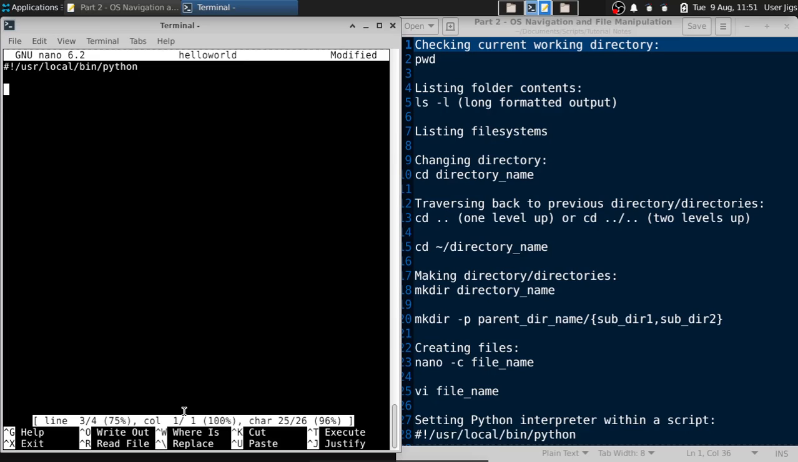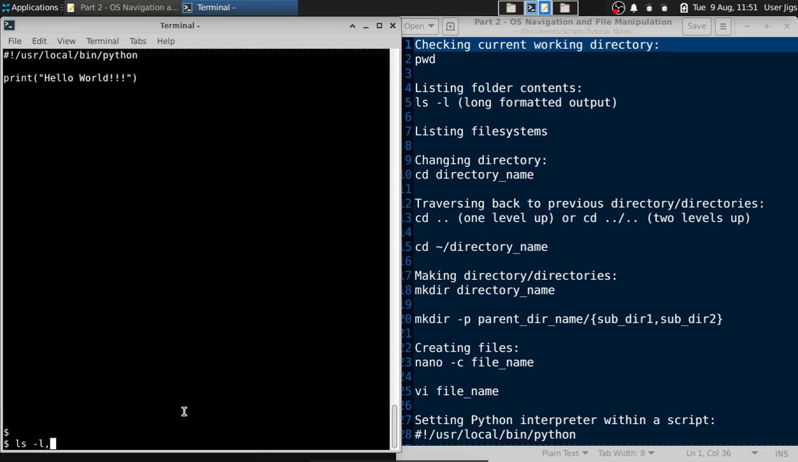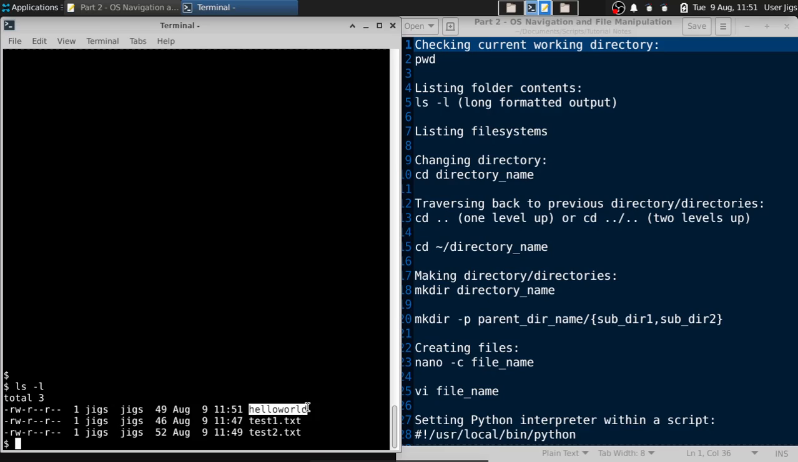We can then write our Python code here, and I'm just going to say hello world. And this will be our very first program for this tutorial. Very simple, yet very effective. Control O to save, Control X to exit. ls -l, we have our hello world here. Now if we run this hello world, we'll put